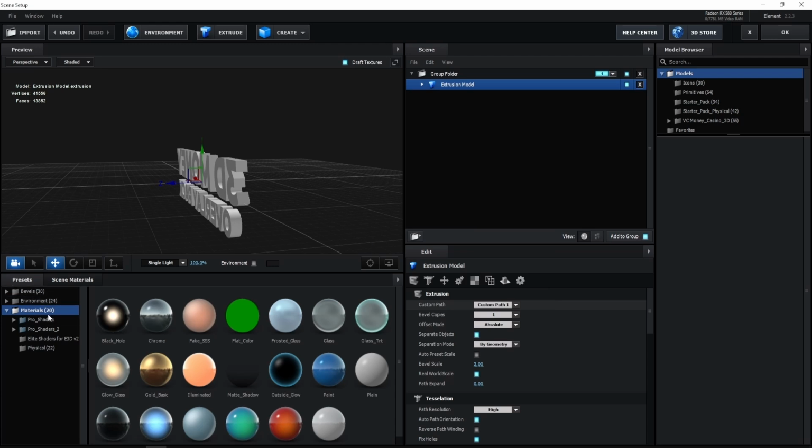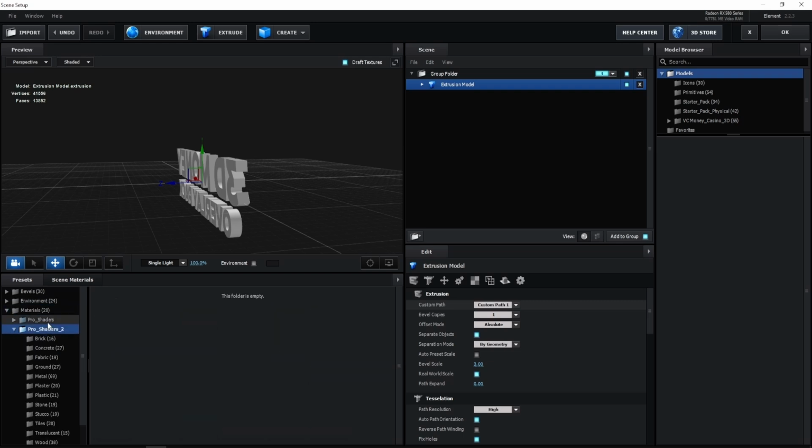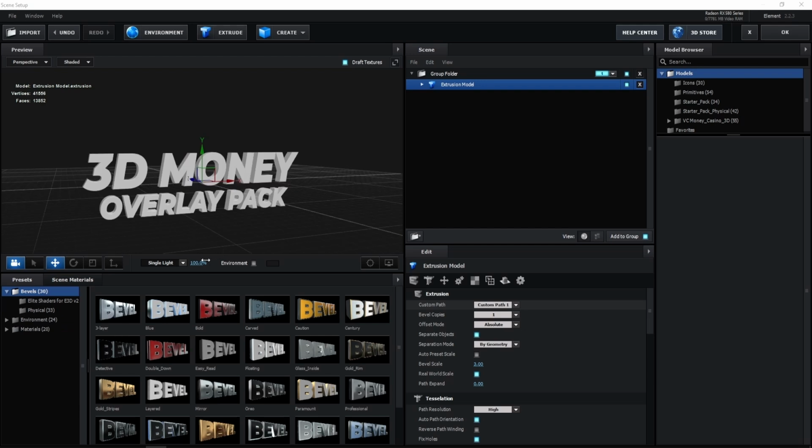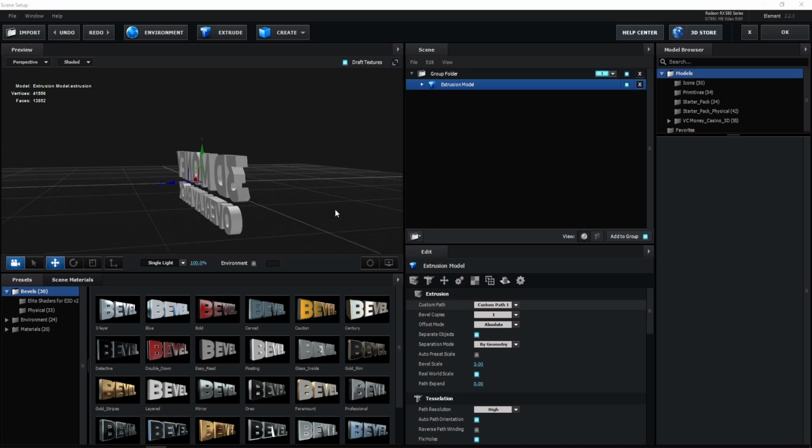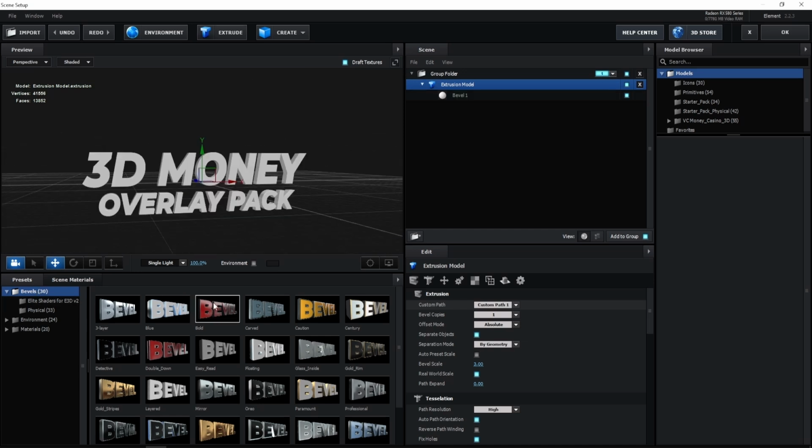And now I'll be using some presets right here that you get, and I'll be using Pro Shaders too, and I'll be using some presets to get some different looks of the title, but then I'll be customizing it myself. So you have a couple bevels that sometimes come with Element depending on where you're getting it. So I'll be just trying everything out to see if I find one that I like,